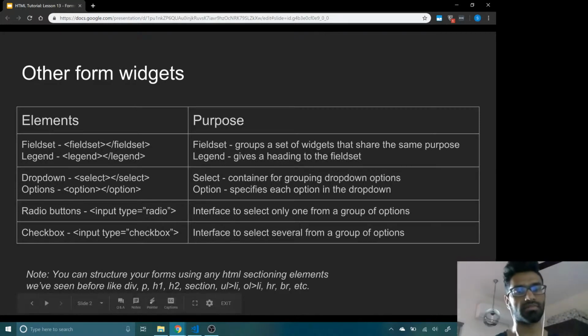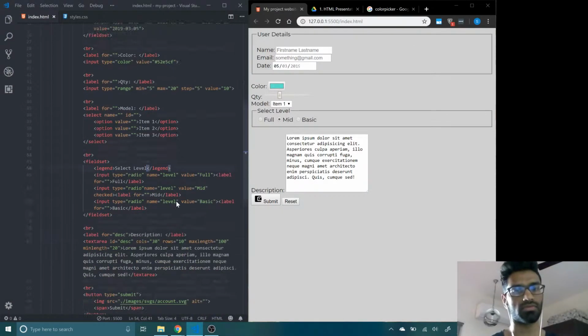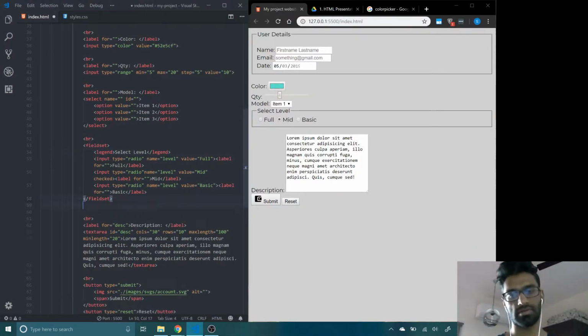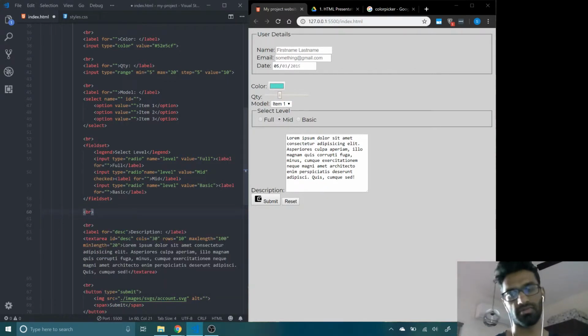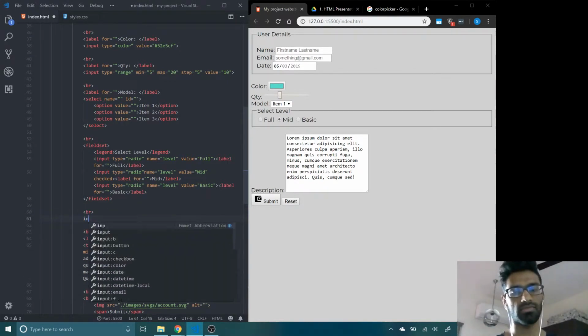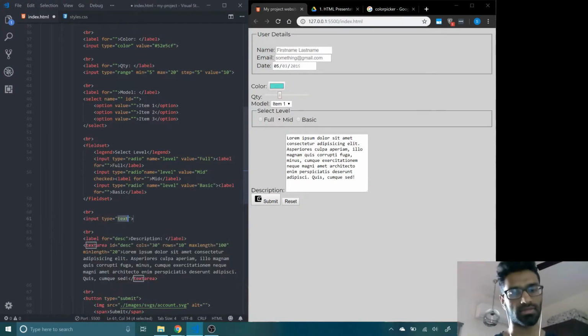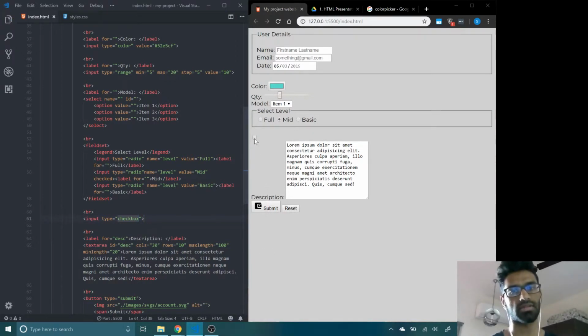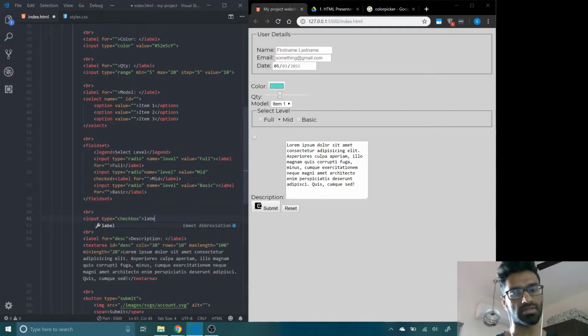Let's have a look at input type checkbox. Quite similar to radio buttons, we'll set up checkboxes. Provide a break line. Say input type is equal to checkbox. Save it, and you should see a checkbox, and you can check it, uncheck it. Of course, we can provide a label after this. So let's say label, and we'll say, let's say feature